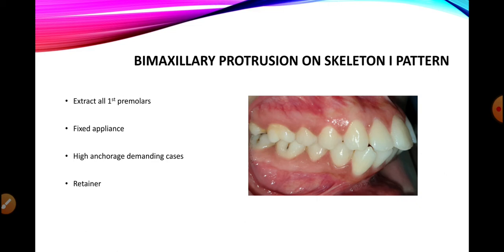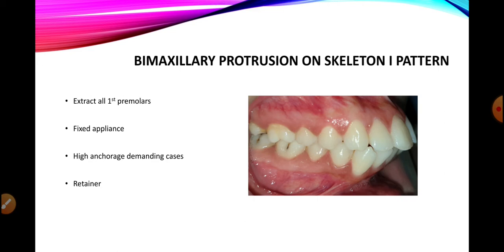But in cases of bimaxillary proclination, if we see that the lips are incompetent, but they have a good muscle tone, and they are likely to achieve a lip to lip seal if the incisors are retracted, there are more chances of a stable result. So what I mean by this is that if the lips are incompetent but their tonicity is good, and you are anticipating that after retraction it's likely to achieve a lip to lip seal, in those cases the results will be stable in bimaxillary proclination.